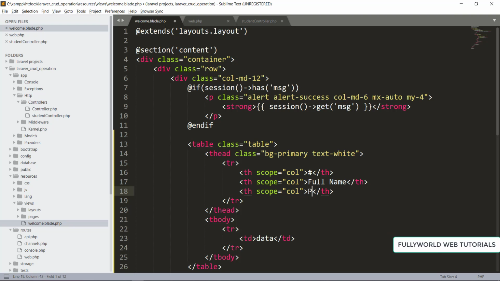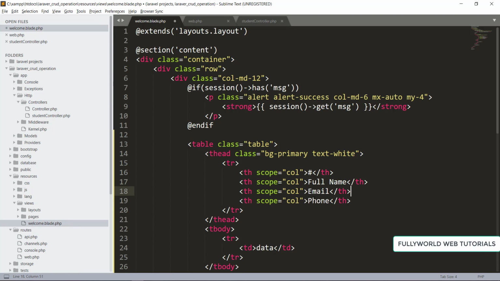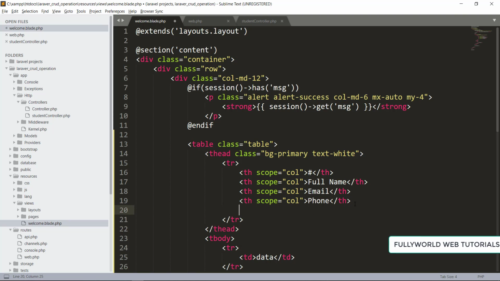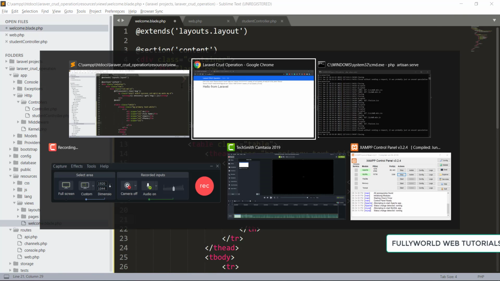Here we need our phone, copy this and paste this here, and here we need email, and one more th we need. So this will also be scope as col here, and this th we need for our edit and our delete operations. And here we need one more thing, that will be our